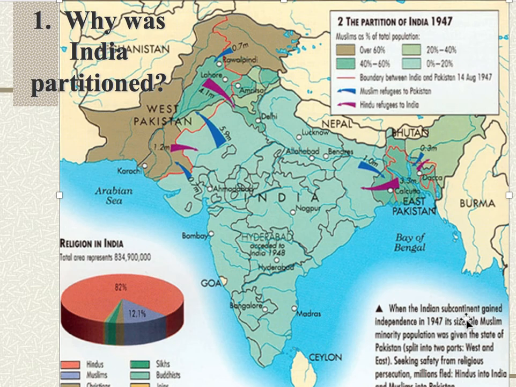This was not such an easy thing, to take an area that had been one country and had infrastructure connecting it as one country, and now try to divide it into separate countries. The guy who headed the commission, we can guess, his name was Cyril Radcliffe. Just like with the partition of Africa, he had never actually been to India, but he was the one in charge of the division, which again makes no sense.